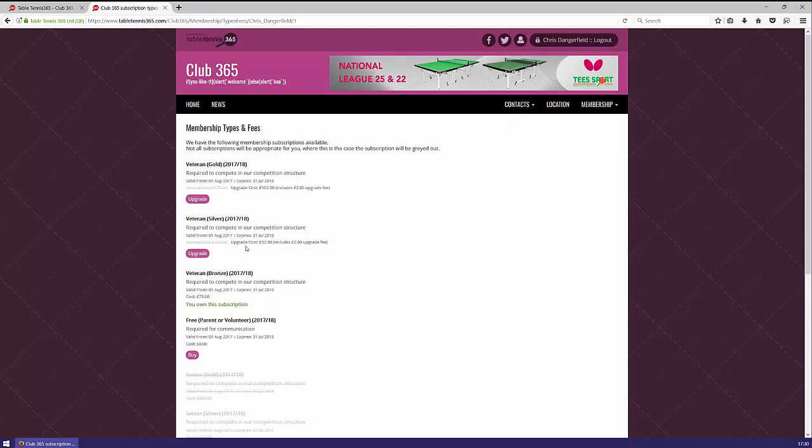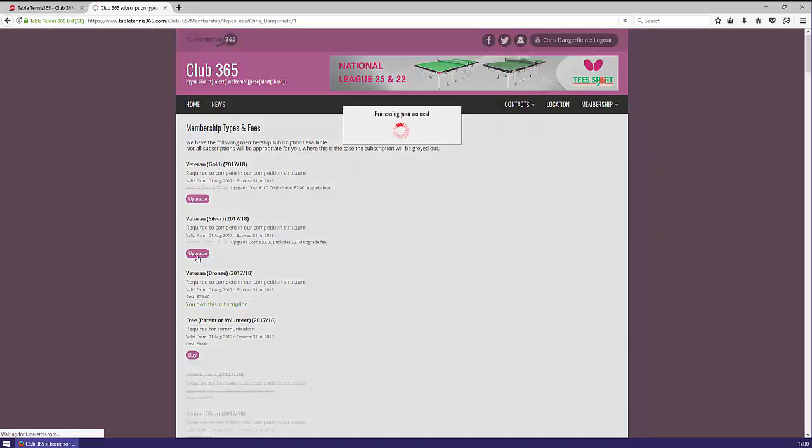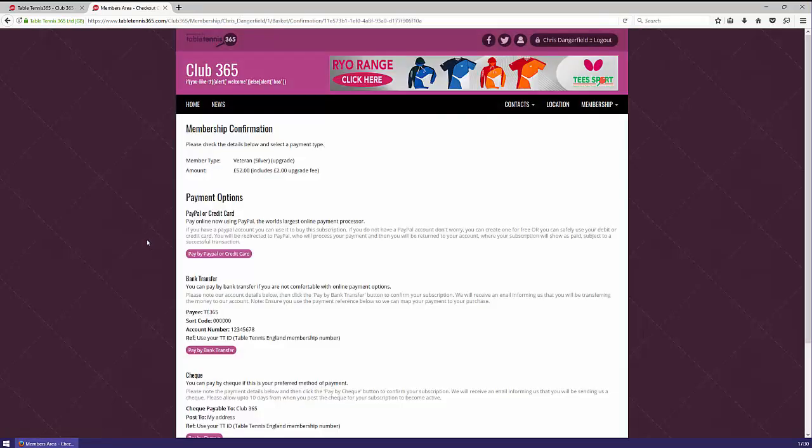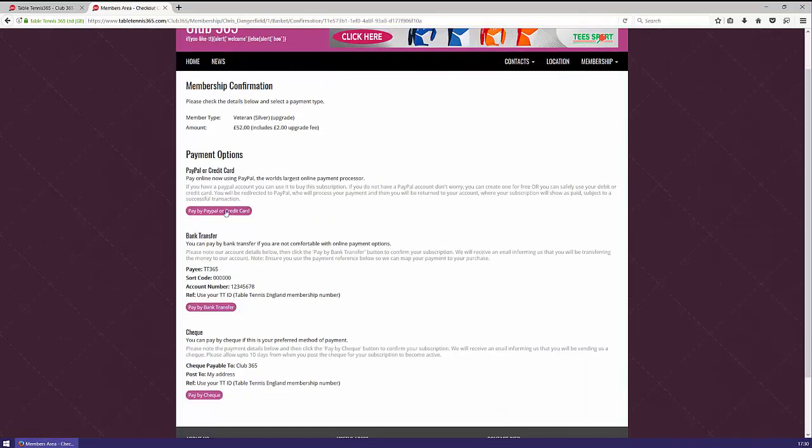It's given me the option, taking off the £75 I've already paid off. It's adding the £2 upgrade fee on. So if I do an upgrade now, again it's given me the option here. And if I were to click on here now, basically I won't do it now, but basically what it will